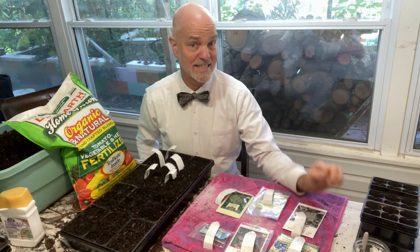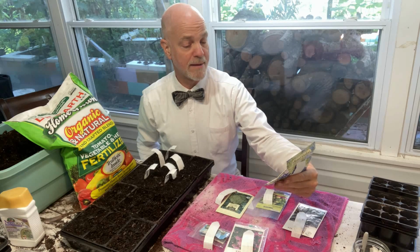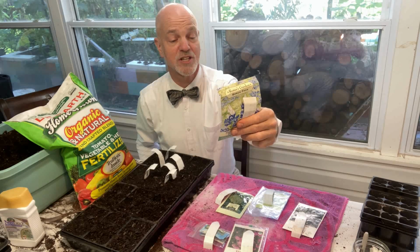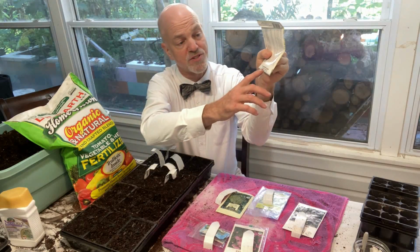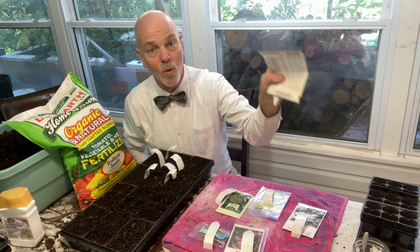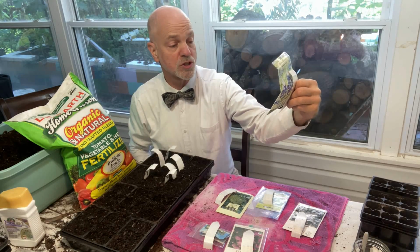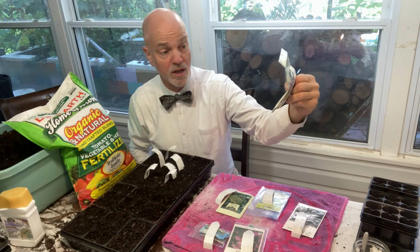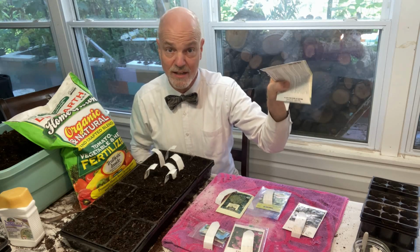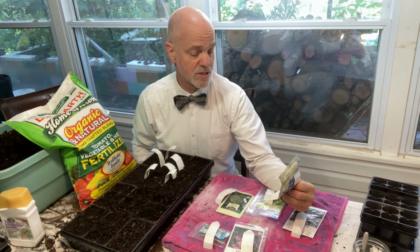Now, lettuce has a tendency to not last a long time, but some of these, we are not worried about that. For instance, we have some Texas blue bonnets that were actually packaged for 2023. It always tells somewhere on the seed pack, at the front, the back, sometimes it's printed on the side, what year it's packaged for. And this is actually worded correctly: packaged for 2023, sell by December of 2023. That doesn't mean it's not viable anymore. It just means the seed company needs to get it off their shelves, and that has something to do with regulations. So I don't know anything about regulations, but